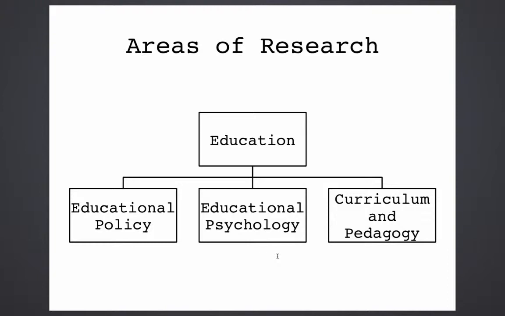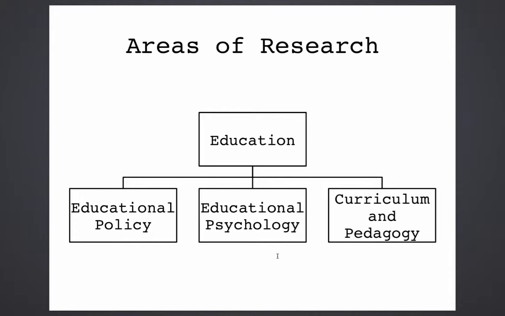Educational psychology is another big area. It involves things like counseling psychology, school psychology, educational measurement, learning theory, motivation theory. And curriculum and pedagogy is more of the applied area of educational research. So it's understanding how to develop and design curriculum and instructional techniques in order to best educate. And so there's a relationship across all 3 of these areas, but for the most part, these are the main